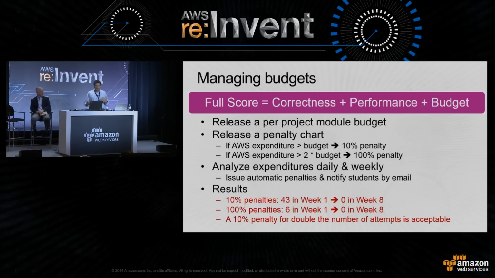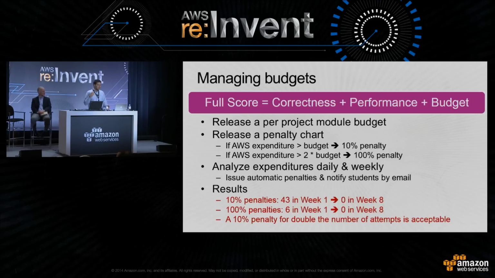And we analyze all of this automatically, and we send them an email once they have broken one of the 2 thresholds. So the first week, there were 43 instances of drama. Oh, professor, you can't believe what happened, of 10% penalties and 600% penalties. And by week 8, that all went down to 0. Okay, we still see them every now and then,